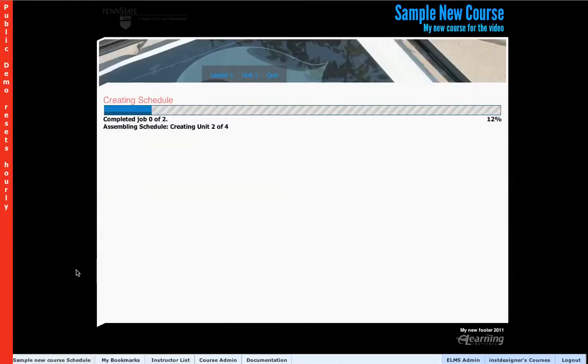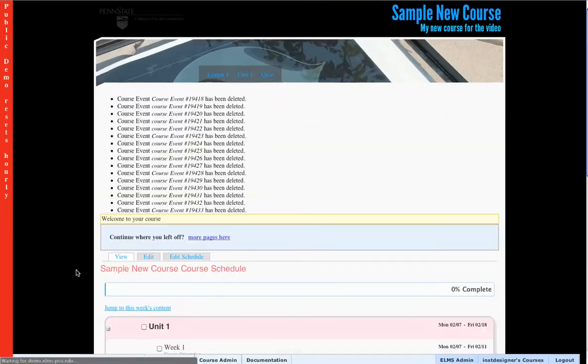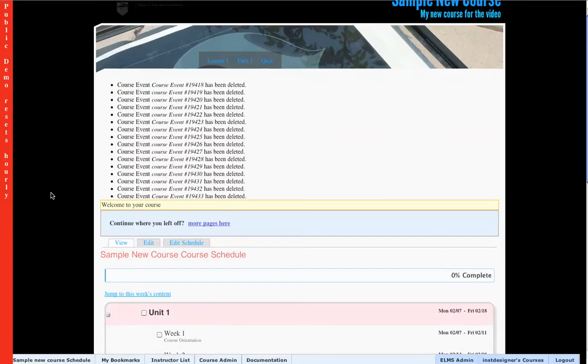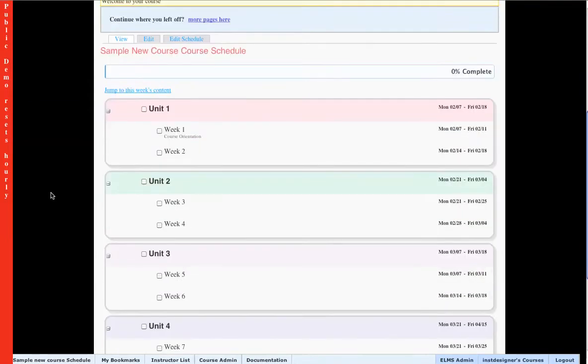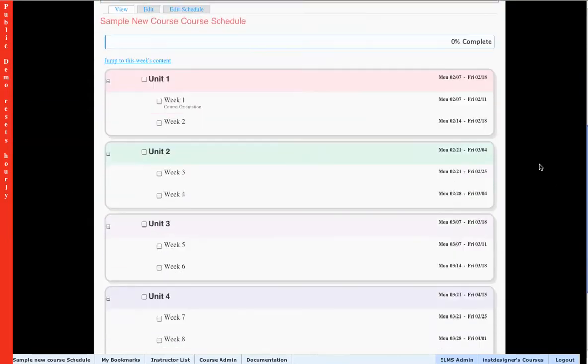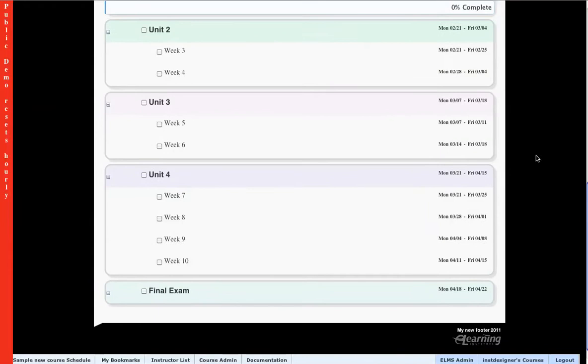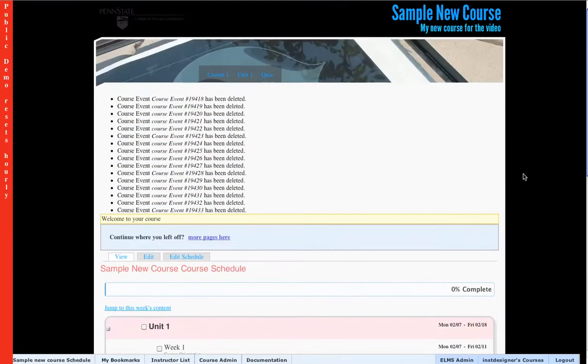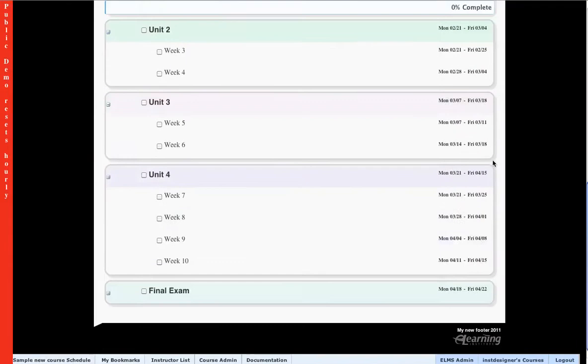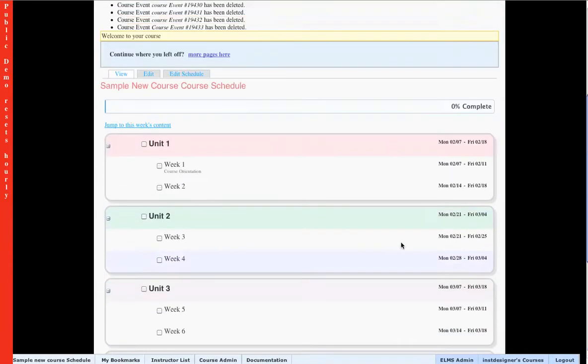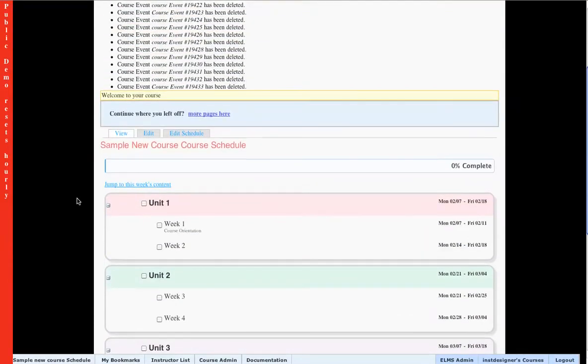So one of the goals of ELMS is to be ultra reconfigurable. We're pushing this concept of hyper prototyping, where you can actually create a prototype lesson and then drastically change the interface again and again and again, just to get a feel for what the schedule would be like or what the navigation would be like. You'll notice these videos are very short, but I'm able to create quite a bit of content in the system